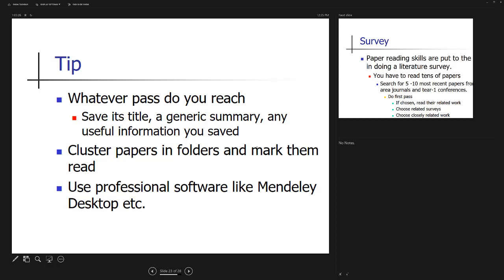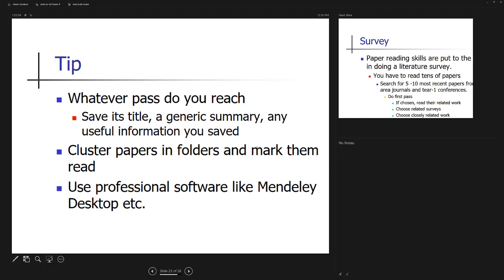Use professional software like Mendeley Desktop. There are lots of professional software like Mendeley Desktop. They ask you to sign up for an account, and then you can add your research papers to it, and it synchronizes all the stuff on the web. You can also note down other stuff like your details in Mendeley.